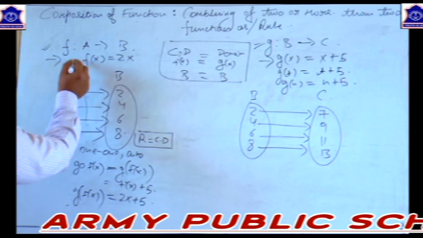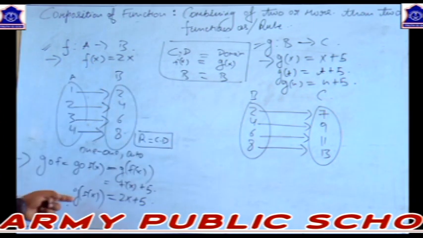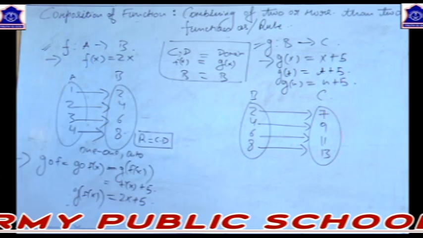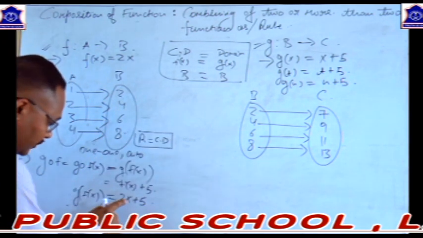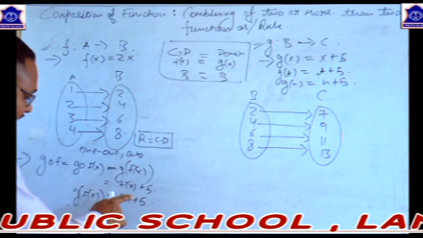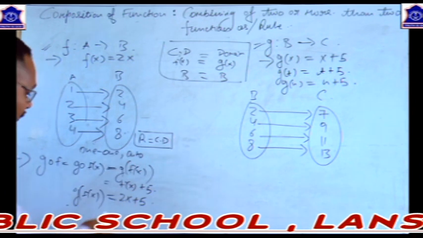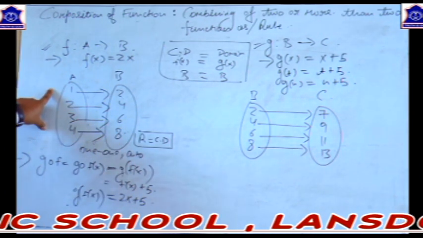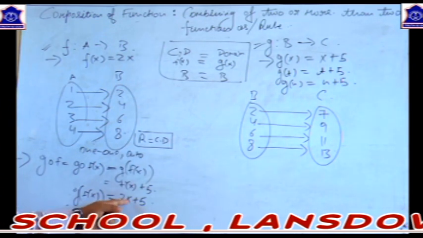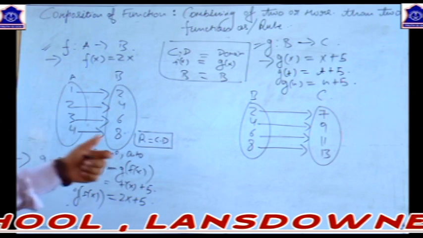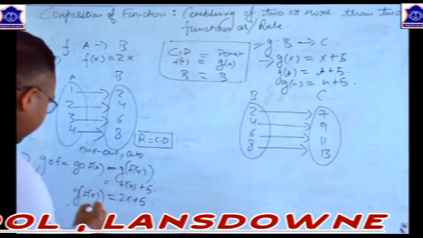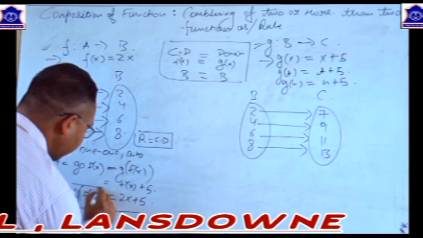2x, from the definition of function. So g of f(x) equals 2x plus 5. Okay, now giving the value to this x from the domain of f(x), what are we going to get? Just have a look. First of all, here we have obtained a